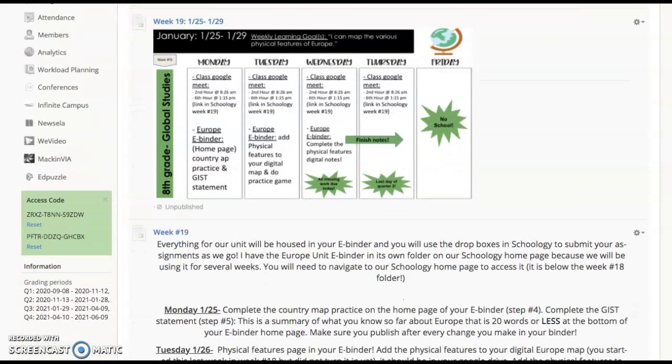Just a reminder that our quarter ends on Thursday, so we will not have school Friday, so you are off Friday. With that said, all social studies missing work is due to me by Wednesday, so that goes for missing work, test retakes, test corrections, anything for class is due by Wednesday. So anything submitted after Wednesday, I will not be grading for the quarter. So if you have to get your grade up or if you have missing assignments or anything like that, make sure you get that turned in by Wednesday, okay?